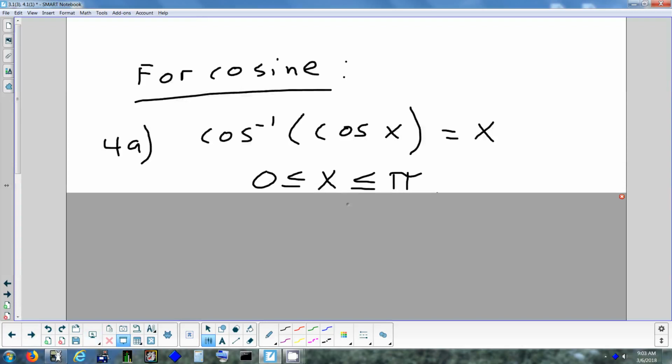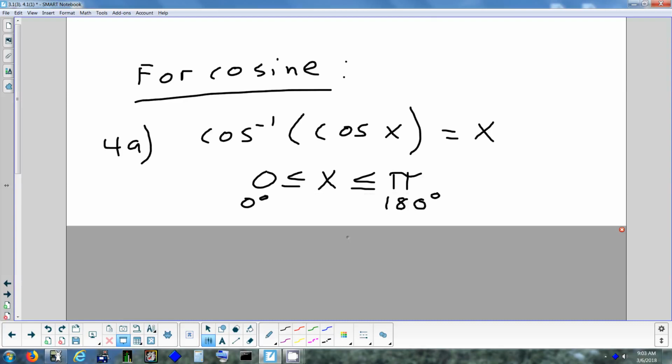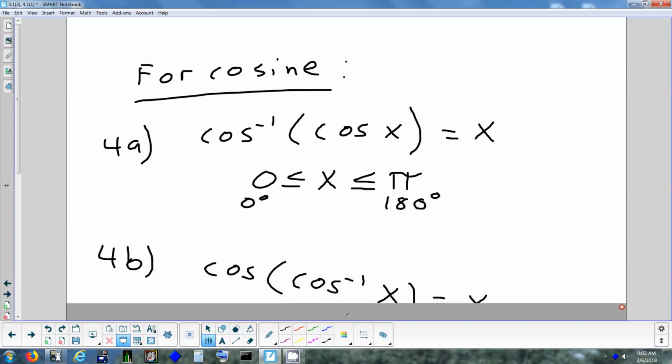So, if you have inverse cosine on the outside, regular cosine on the inside, that formula will work as long as you plug in a number between 0 and pi. So this restriction has to do with what we learned yesterday, the 0 to 180. And then when you switch it,